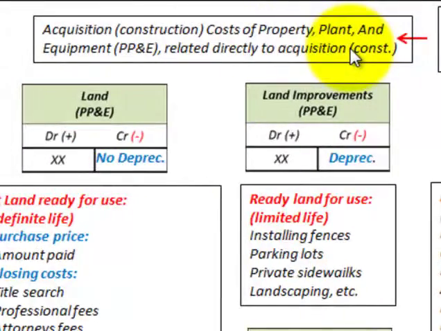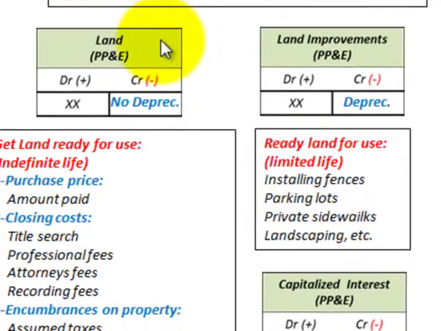We're looking at property, plant, and equipment that's acquired for use in operations and not for resale. This property, plant, and equipment is long-term in nature, is usually depreciated, and has a physical presence. So the accounts that we're going to be looking at, we'd have a land account,